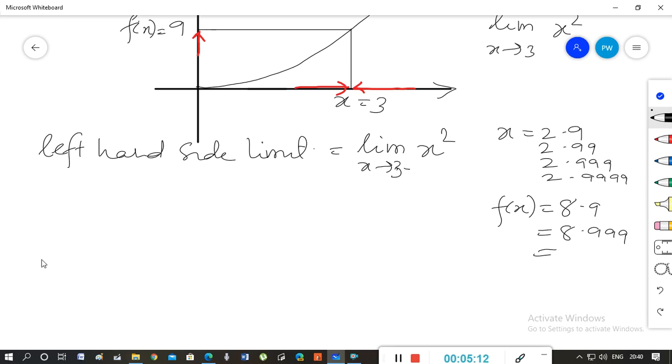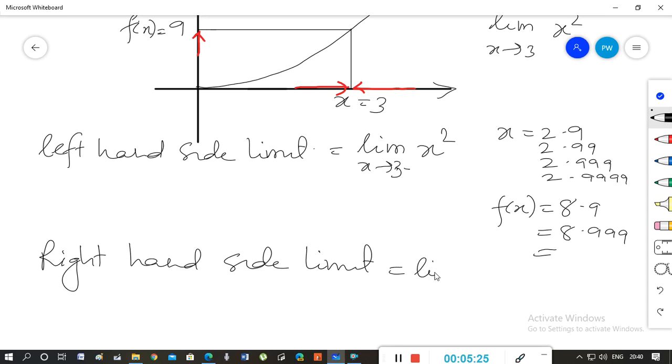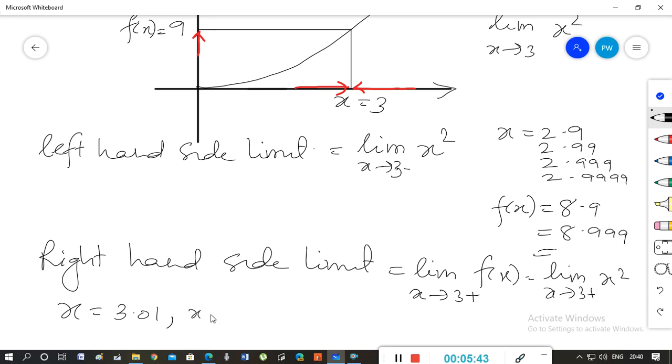Now suppose I say right hand side limit. For that I'll write the notation as the limit of x tends to 3 plus of f of x, that is, the limit of x tends to 3 plus of x square. It means now x will approach 3 from the right hand side. So x might take values 3.01, 3.001,